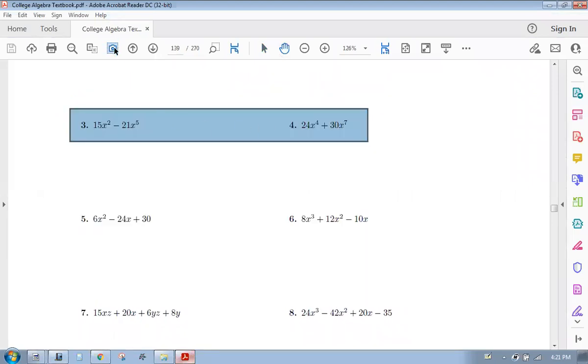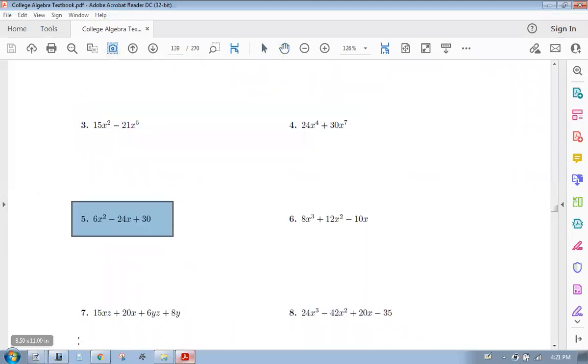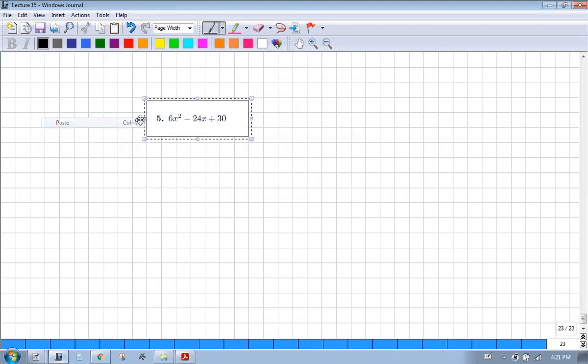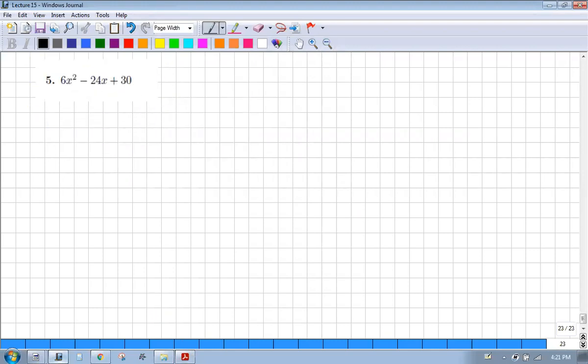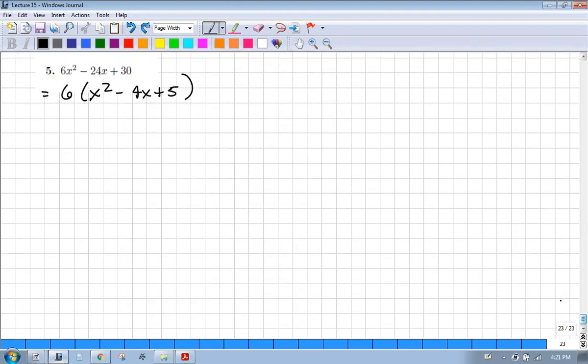Right, now these down here, I think this is where I left off. I got here and I was like, yeah, we can pull a 6 out. This one doesn't have an X in it, right? I can pull a 6 out. I get X squared minus 4X plus 5. All right. And then I was trying to factor these instead of that's the 6 is the GCF, but doing